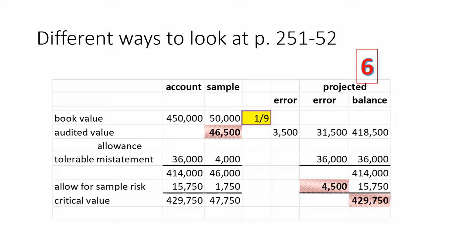It's not. My projected value for my sample is 418,500, which is less than. Now, the way the book does it is the book says, oh, I've got to take my book value, 450, minus my tolerable misstatement, which gives me 414, plus an allowance, and get 429. That's a little different than the way I see it, but it comes out the same because my